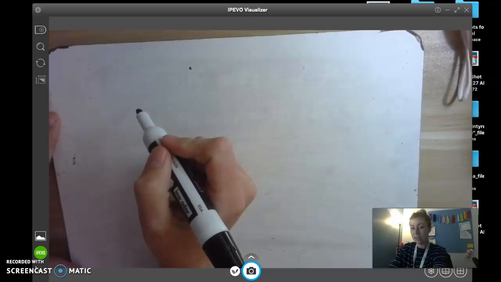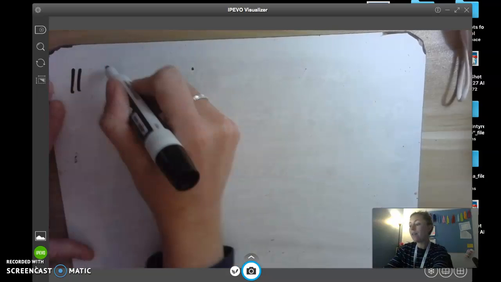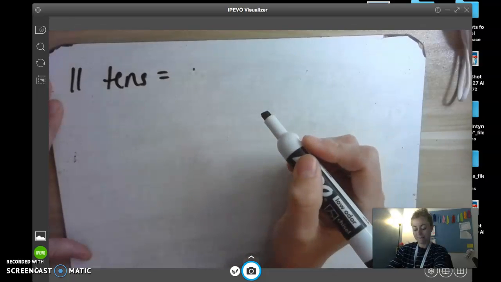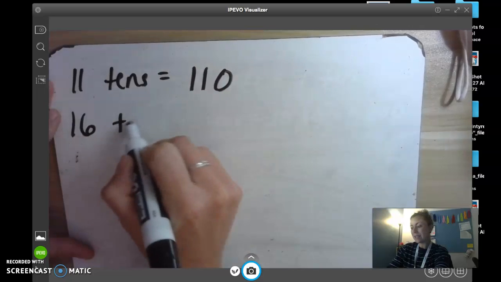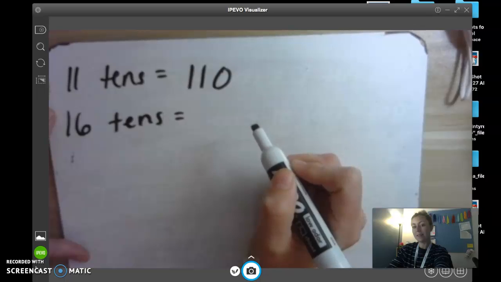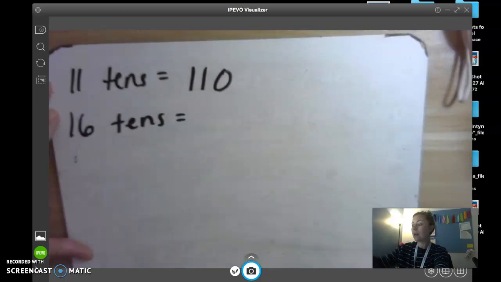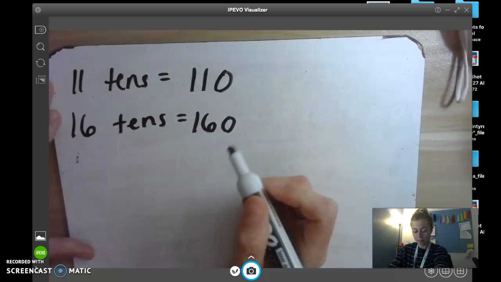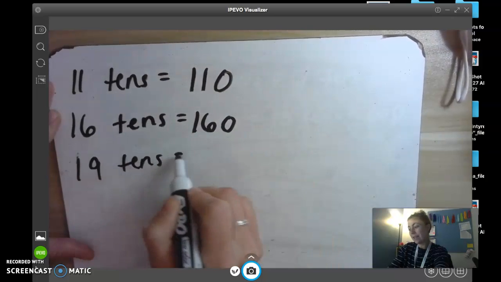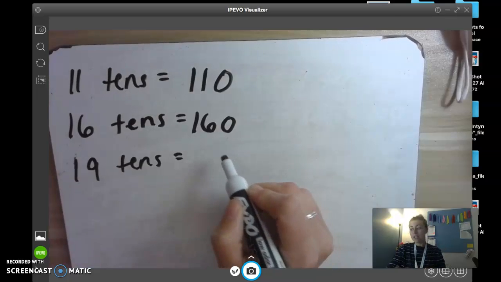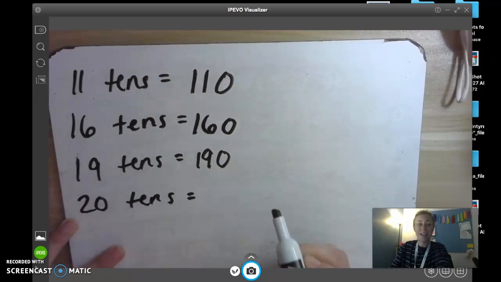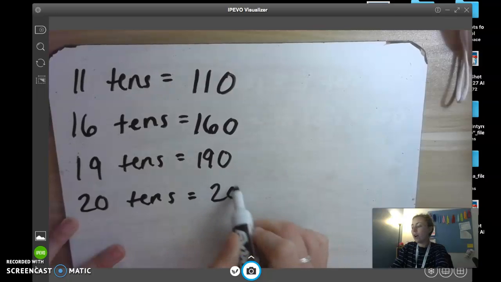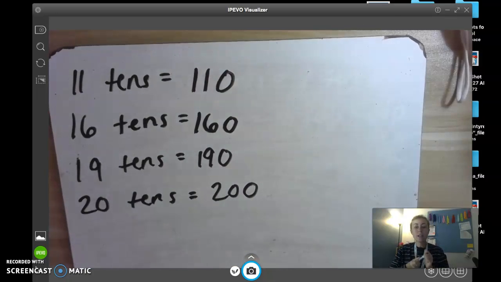10 tens is 100. So 11 tens is, good, 110. 16 tens is 160. Nice work. 19 tens is, good, 190. So 20 tens is 200. Perfect. On your Nearpod today, you're going to be playing a lot of fill-in-the-blank games that you have to